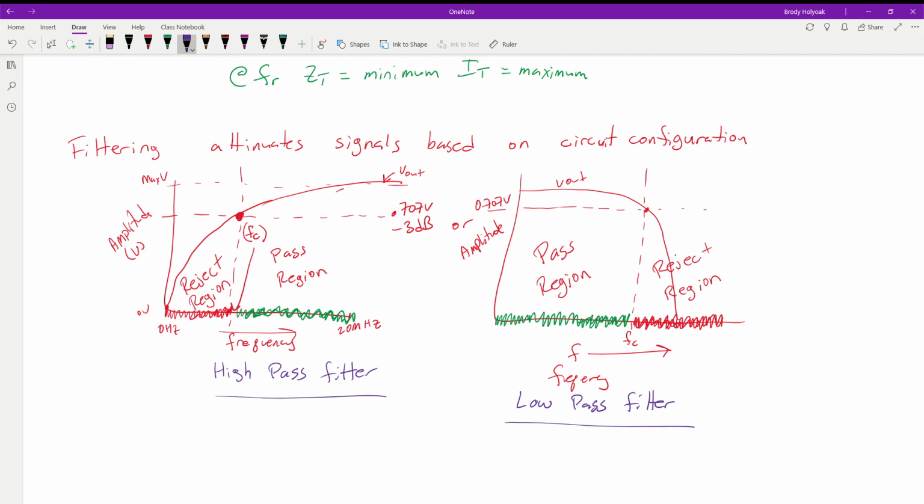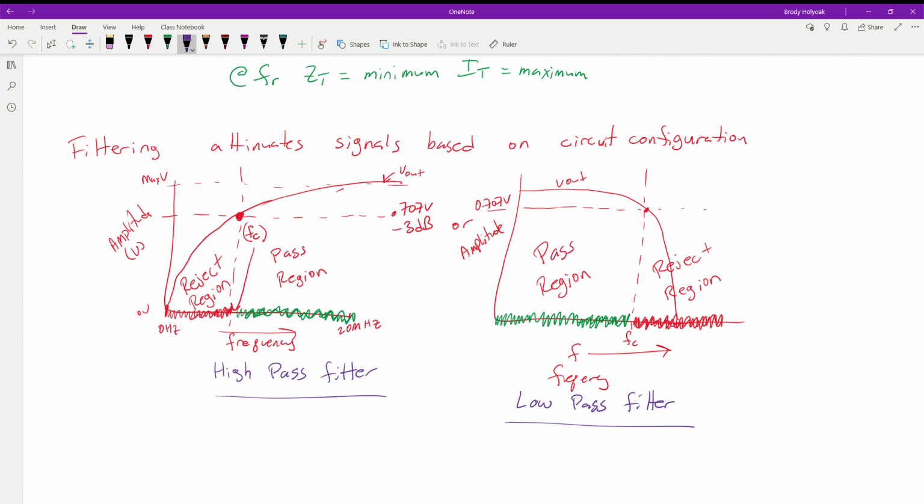It doesn't matter the configuration we put our components in, all high pass filters are going to have a similar waveform. The only difference is going to be where its critical frequency is. But they're all going to look pretty much exactly the same, with the same curve. The higher the frequency, the closer it gets to the max voltage, until eventually it's just the max voltage, no matter how much higher you get. Low pass filters work the opposite. Anything lower than the critical frequency is up at the max value, and anything that starts to drop off at that point is going to be rejected.